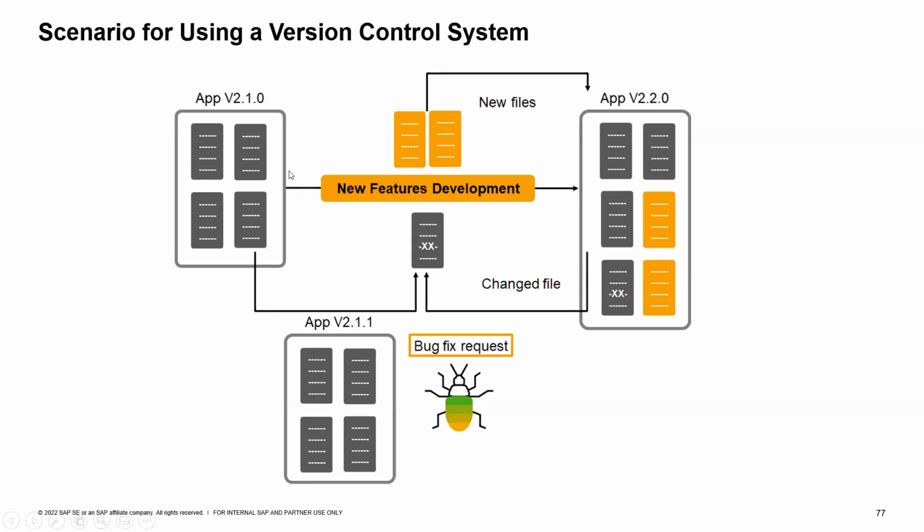Right now you might have imported the MTA project in your Business Application Studio workspace and started developing the new features that are planned for version 2.2.0. This development means that there are new files as well as modifications to the existing files, and maybe the deletion of a few existing files as well.